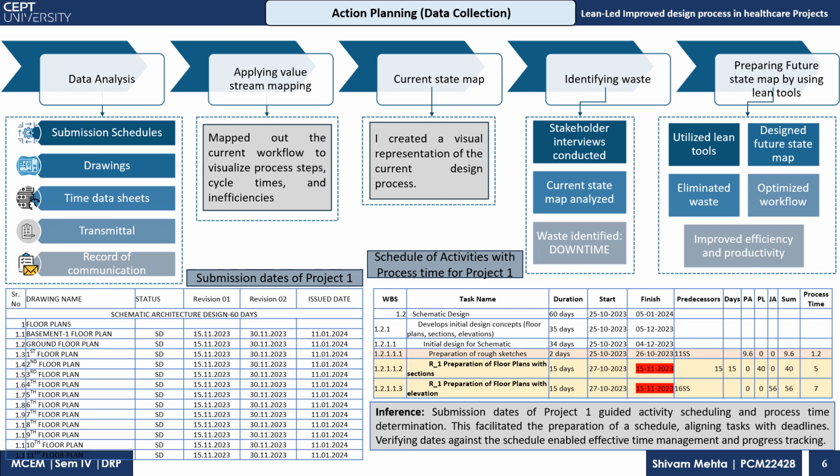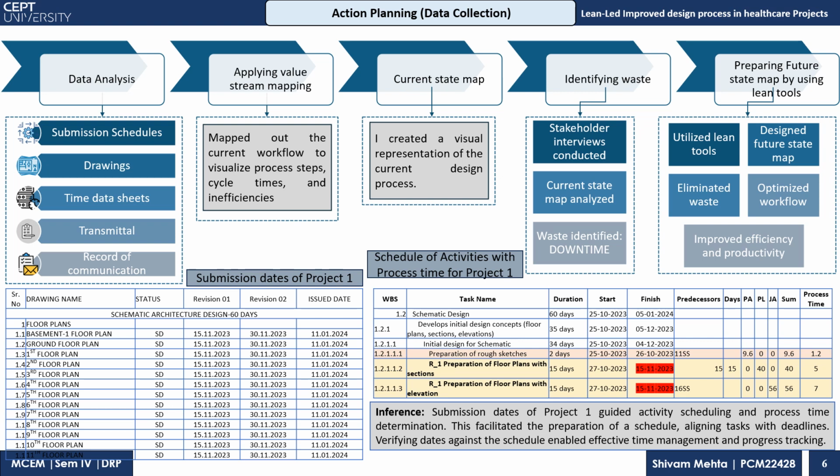Now we'll see the data collection for value stream mapping, how it took place. First of all, analysis of data, based on submission schedules. As you can see below, there are submission dates of project one, then drawings, time data sheets, transmittals, and records of communication, the way they were sent back and forth. Then applying value stream mapping,